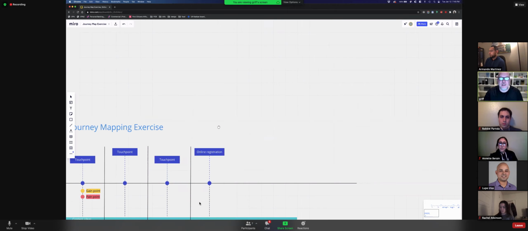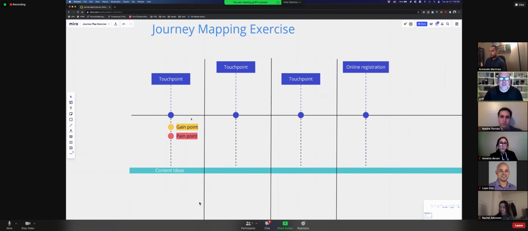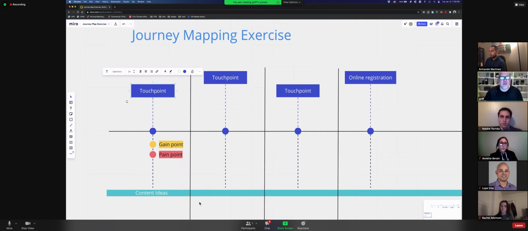Come down here and let's map this out. And let me show you how this might work, right? So the first touch point here is going to be social video, right? The second touch point is going to be landing page. The third touch point that nobody's getting to is the,